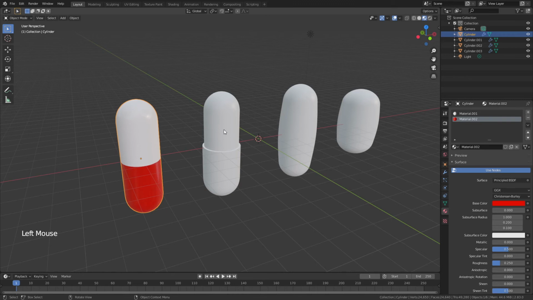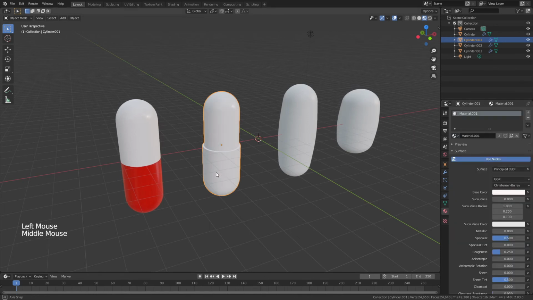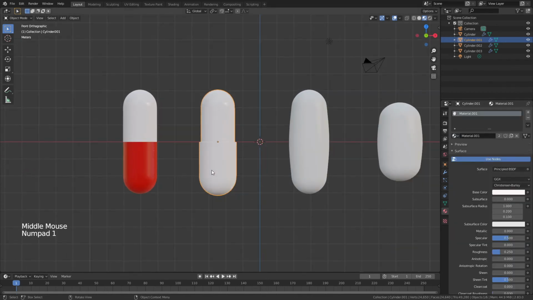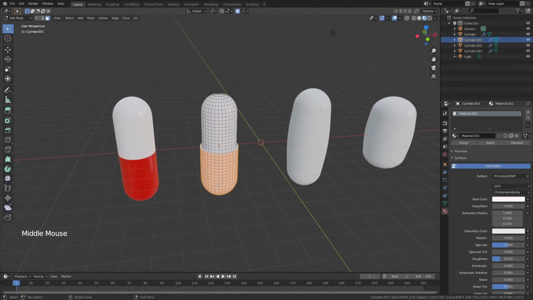We're going to do the same thing here. So go ahead and instead of adding in a new material, we'll just click this little button here and choose Material 01. Now, same idea, hit Tab for edit mode. You can see we've already selected these faces, but if you hadn't,